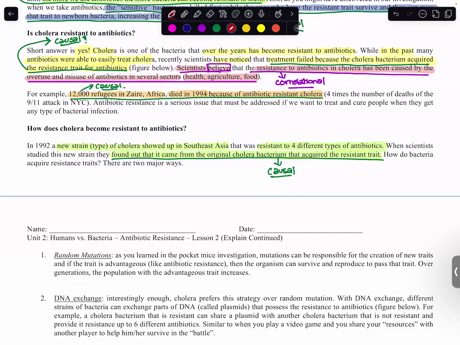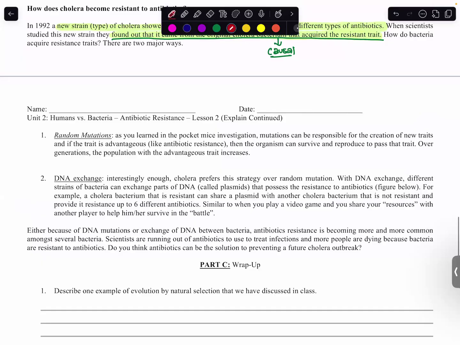How do bacteria acquire resistance traits? There are two major ways. The first one we've spoken about extensively, which is random mutations. As you learned in the rock pocket mice investigation, mutations can be responsible for the creation of new traits. And if the trait is advantageous, like antibiotic resistance, then the organism can survive and reproduce and pass that trait on. Over generations, the population with the advantageous trait increases,